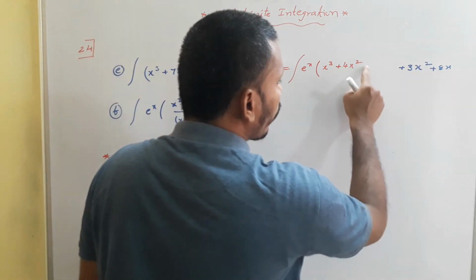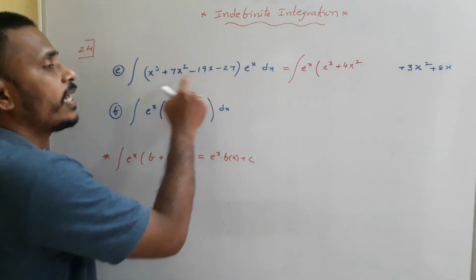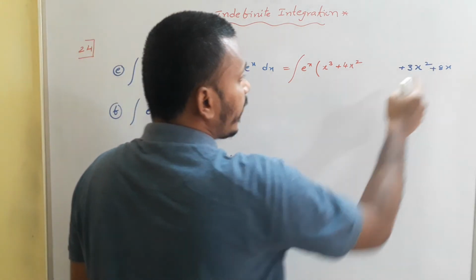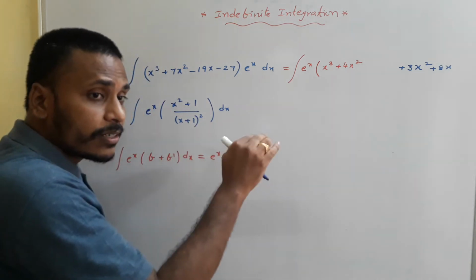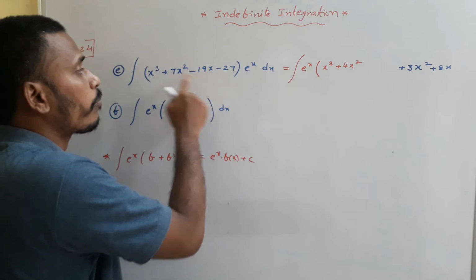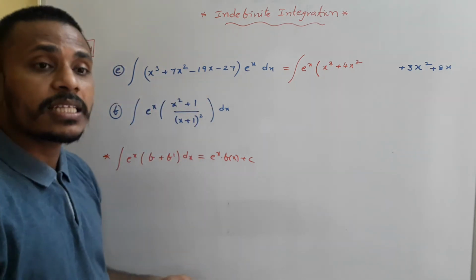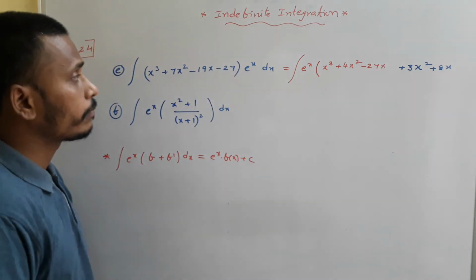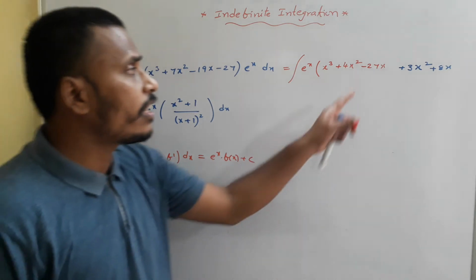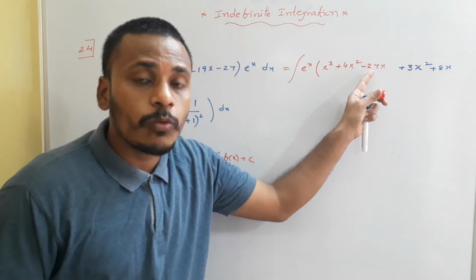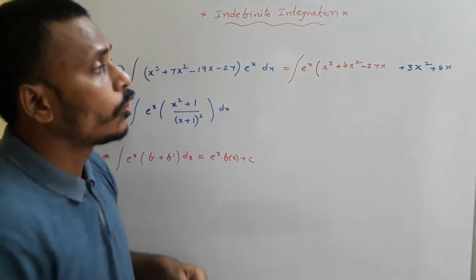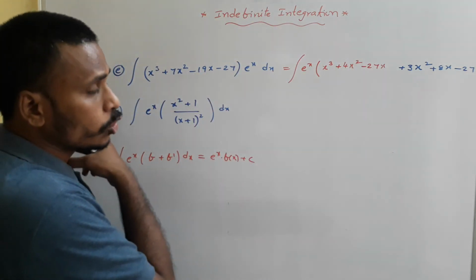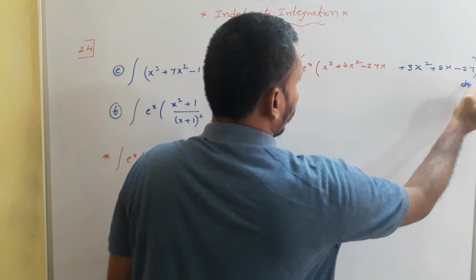Okay, if you wrote 8x here, what do we need to write here? Then look here, minus 19x is given. We need to make a balance. Minus 19x is given, but I wrote 8x here. So since we add that 8x, we need to subtract 8x. Minus 19 minus 8 is minus 27x. Is it right? Right, I think so. Then what is the derivative of this minus 27x? Derivative of this minus 27x is minus 27. So write this minus 27 here. So the given constant is also minus 27. So no problem. Just close this bracket of dx.